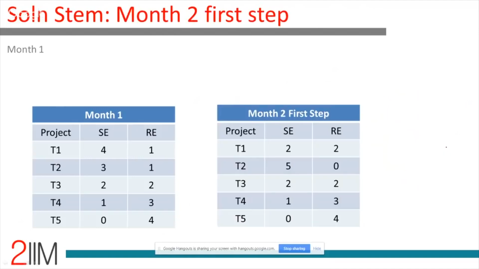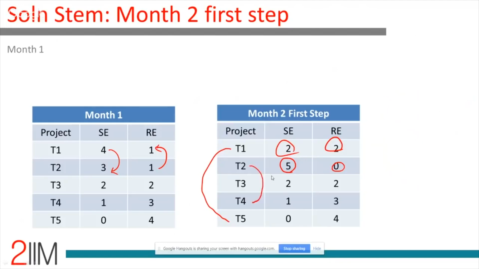Month 2, month 1 to month 2. So from here to here, we'll send 2 SEs. From here to here, we'll send 1 RE. It becomes 5 SEs, 0 REs, and 2 REs. There's a second step to this. We need to do a swap, if possible, between T1 and T5, and another swap, if possible, between T2 and